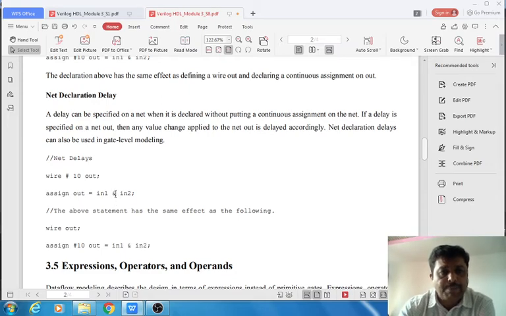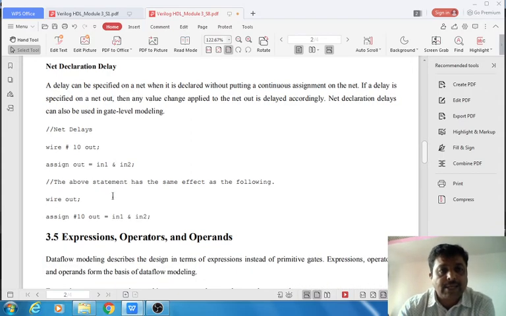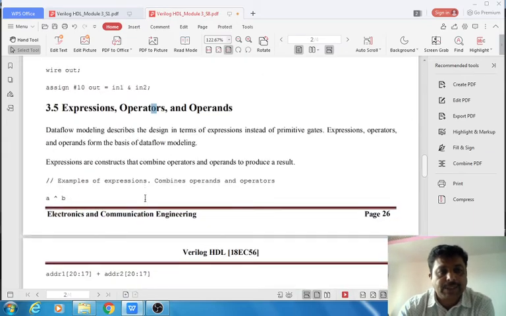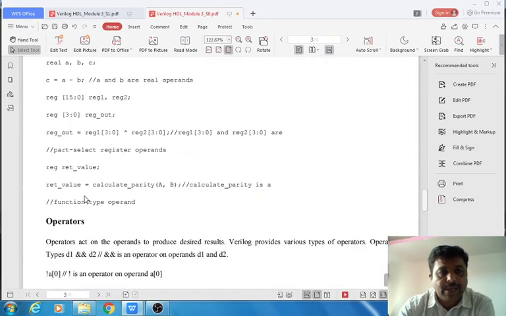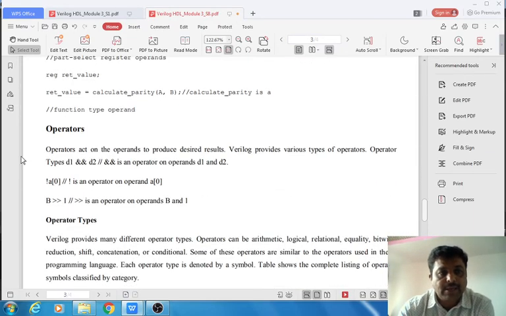Likewise, you perform certain operations on objects by using operators. Similarly, there are different types of expressions. As I discussed, operators act on the operands to produce the expected results.